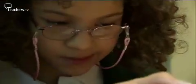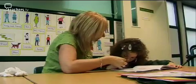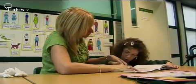Wow. She's currently working below National Curriculum Level 1, and without P-scales, her attainment levels would have a familiar and